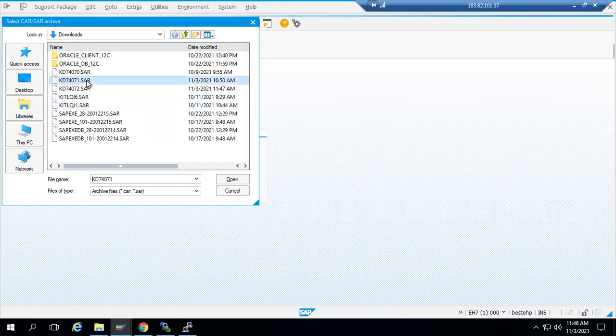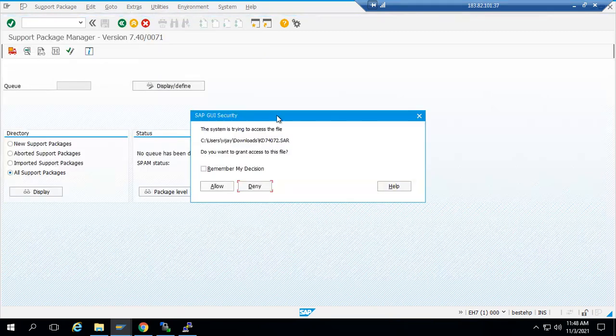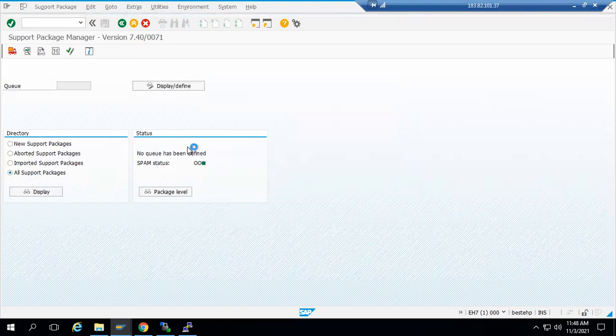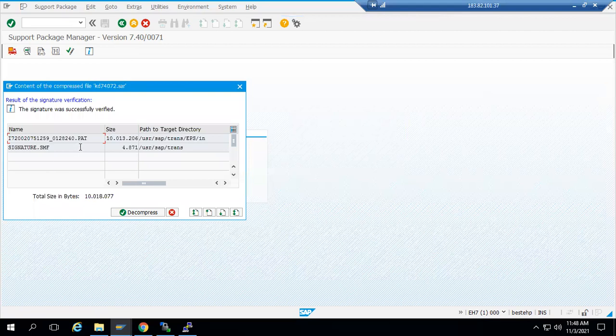So select 72, open, and just click on Allow. After the decompression, the packages, which are the .PAT files, the patches will be in .PAT and the signature file will directly be uncarred and loaded into the EPS inbox if you select front end.